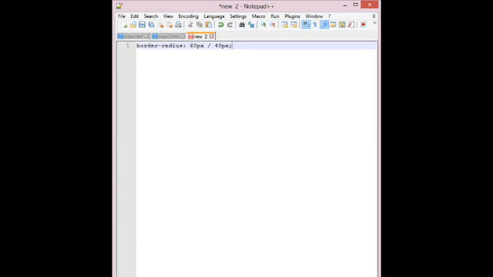All of the horizontal values are lined up on the left of the slash in clockwise order, which is top left, top right, bottom right, then bottom left, and all of the corresponding vertical values are lined up on the right. Okay, so this is one example of that thing which I was talking about.